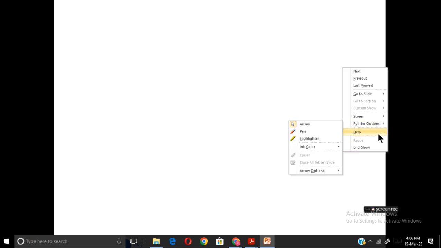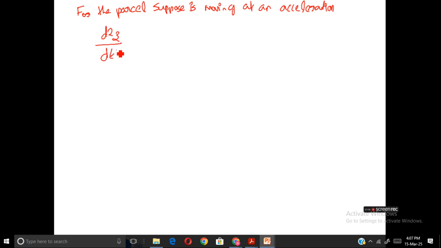In case of the parcel, suppose the parcel is moving at a vertical acceleration of d square z by dt square. Then we can write the vertical acceleration will be equal to